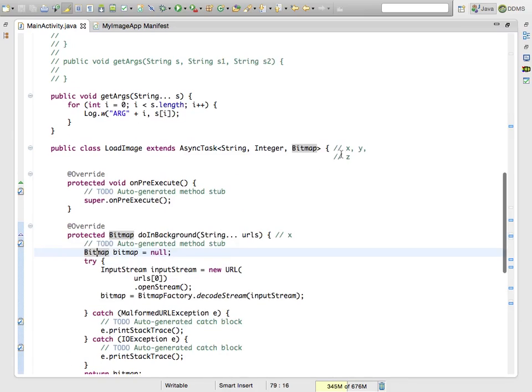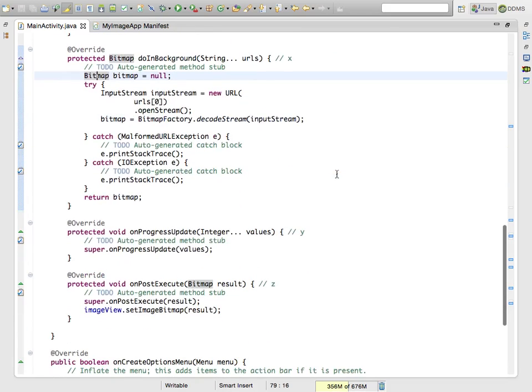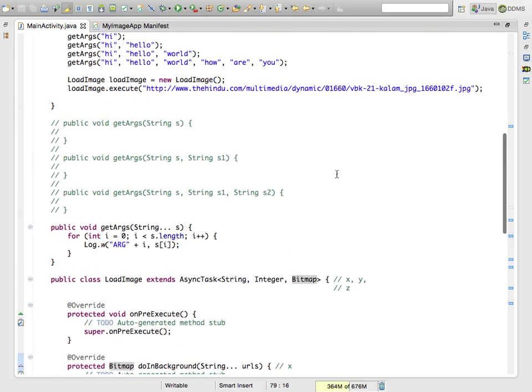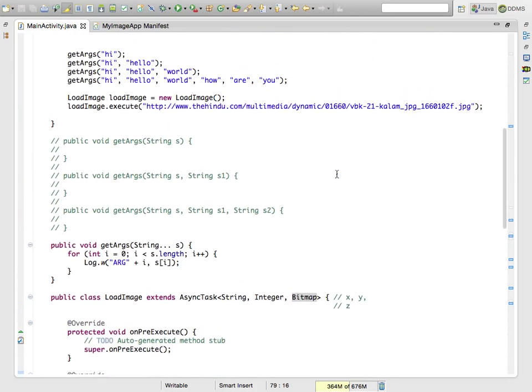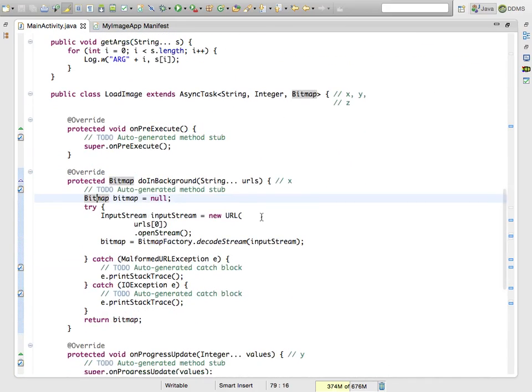So for your reference, I have already separated them as X, Y, Z, so which one comes where. If you are changing this, make sure you change the inner methods as well, or if your requirement is different, accordingly have a different AsyncTask call for it. So this is a proper way of handling URL callbacks. So this time we have only loaded an image. Maybe we can further